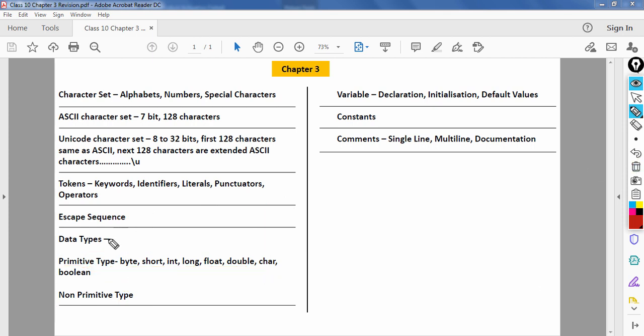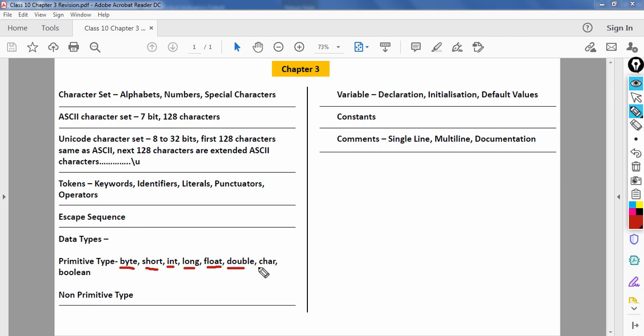Now you need to know the size of each of the data types. For example, byte uses 8 bits. Its size is 8 bits or 1 byte. Short is 2 bytes. Int is 4 bytes. Long is 8 bytes. Float is 4 bytes. Double is 8 bytes.